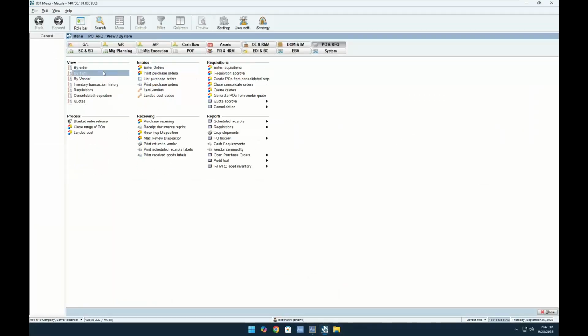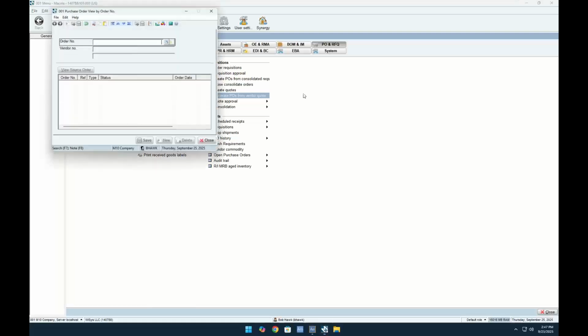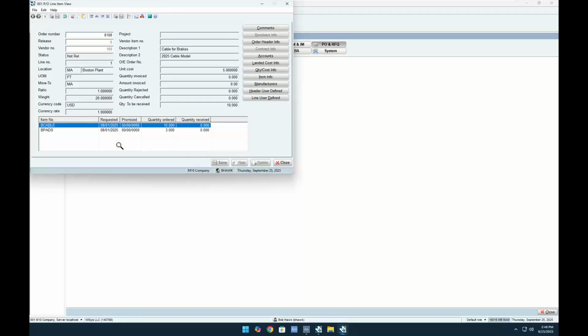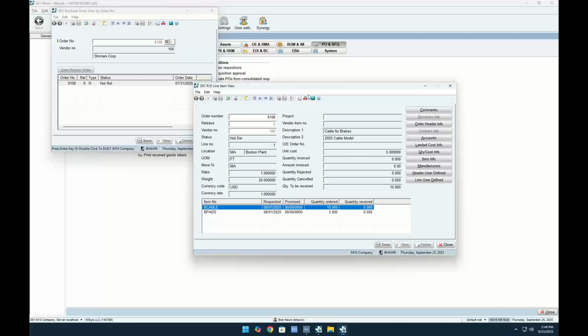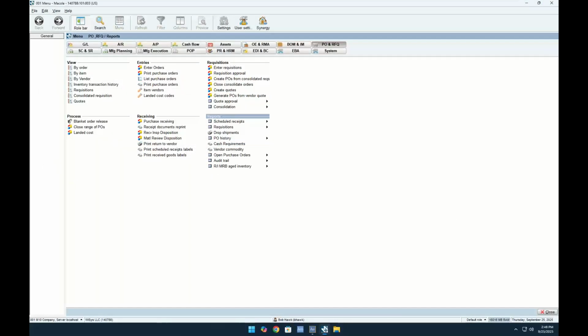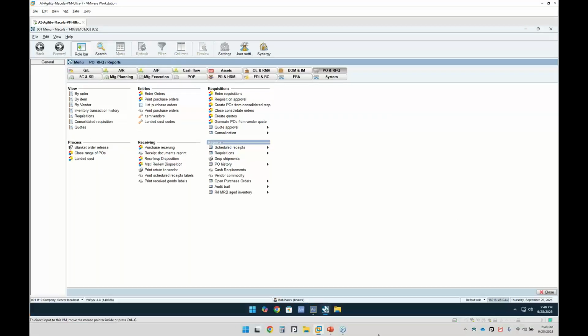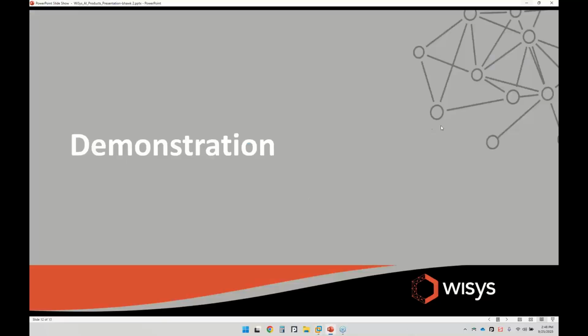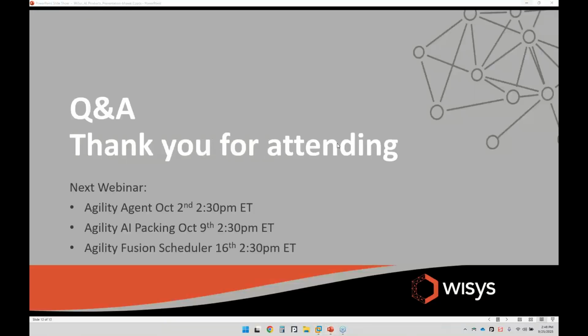So if we go over to purchasing, look at orders, 8108. And here's our purchase order that we imported. So this application is available to you right now. It is part of the bundle, and we're going to cover some of the other items on the bundle next week. I'm going to drop back over here to the presentation, and we can have some Q&A